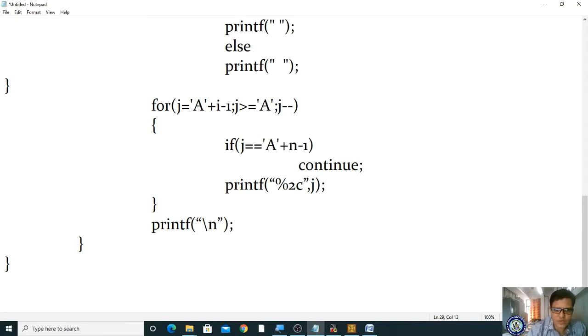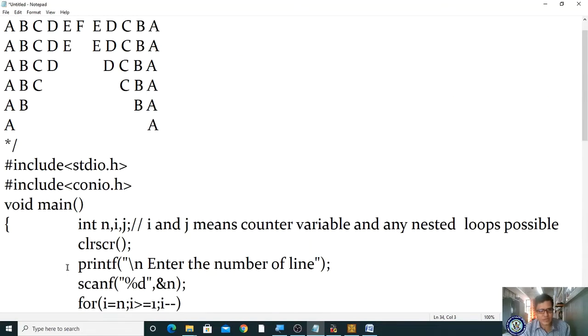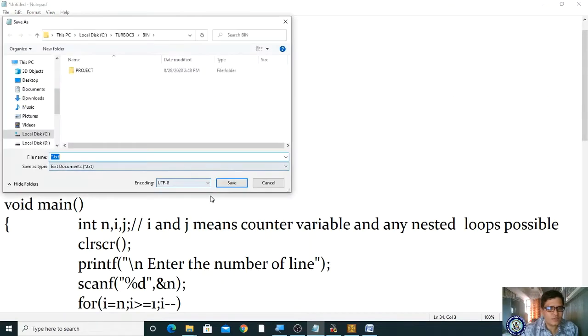What is the purpose of continue? Skip a portion, right? To skip a portion, you are using this continue statement. Okay, right, let us see what exactly we are doing. After this, let me save it.